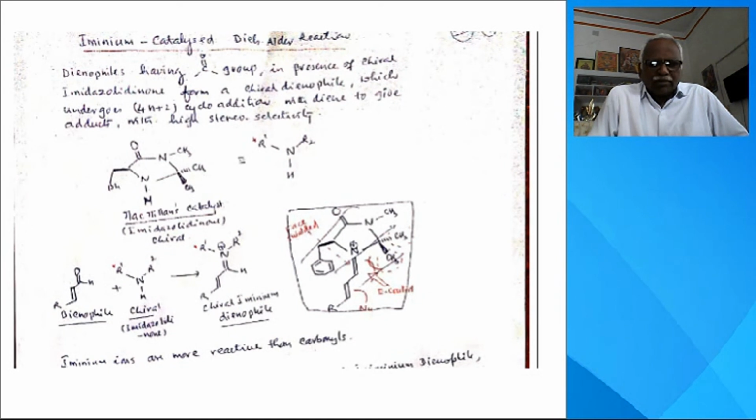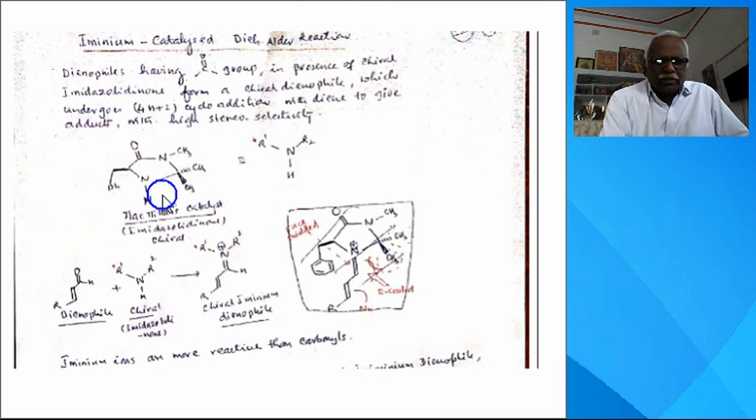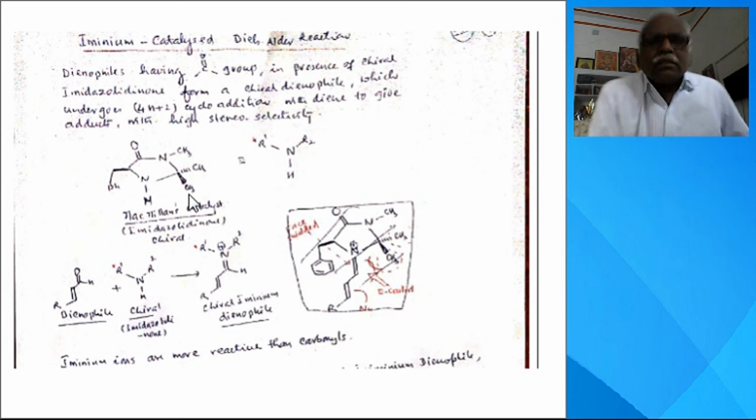But if you use a small amount of a catalyst like this, an imidazolidinone catalyst, having this imidazolidine ring. This ring contains two methyl groups, one above and one below the plane. This is an N-methyl group. Here is a CH2Ph benzyl group. This catalyst is called MacMillan's catalyst. This is most important. This is actually a secondary amine. Here this NH group, here R2, and here R1. I gave you a star here. The star indicates an asymmetric center.